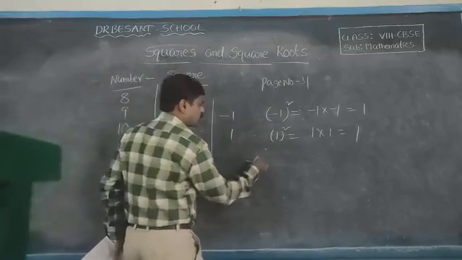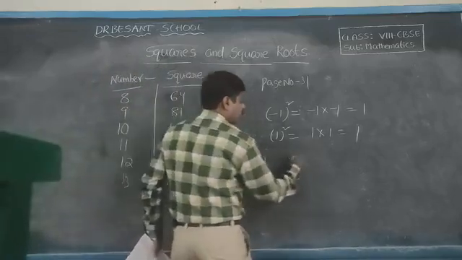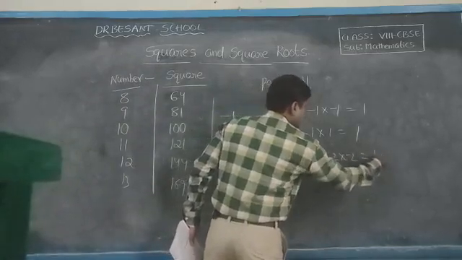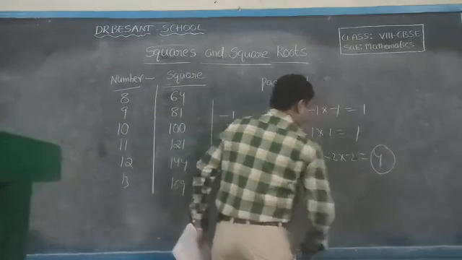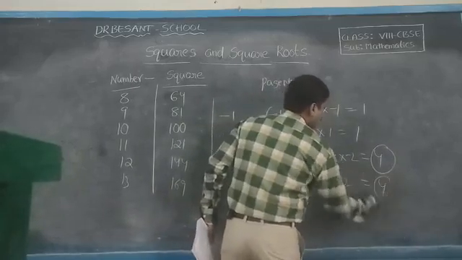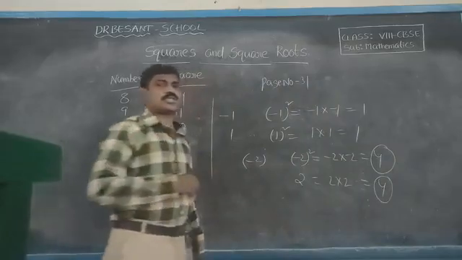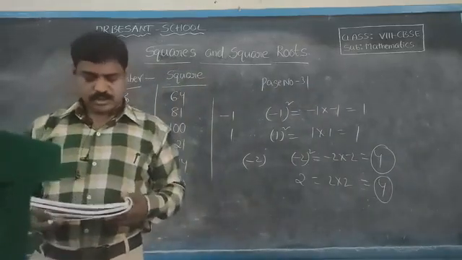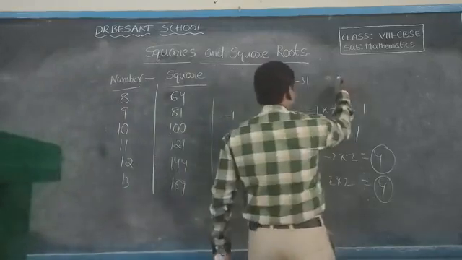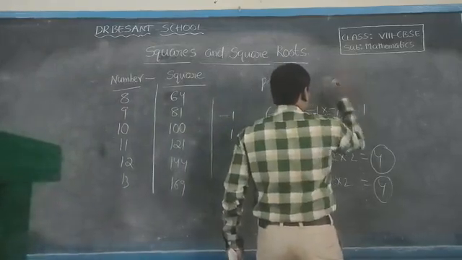Next, suppose minus 2. That means minus 2 whole square. So minus 2 into minus 2, that is equal to plus 4. It is also positive. So plus 2, then 2 into 2, that is equal to 4, positive. Okay. So this is one observation. From this we can learn